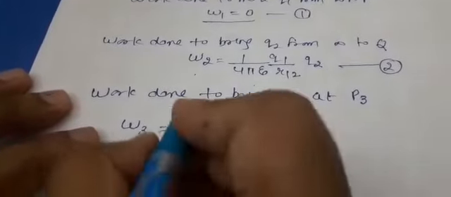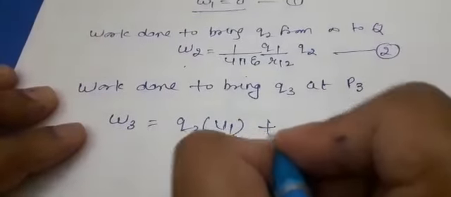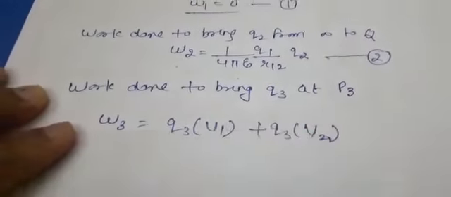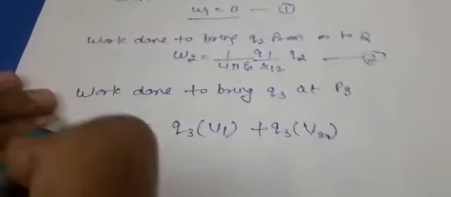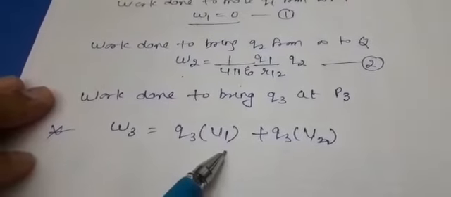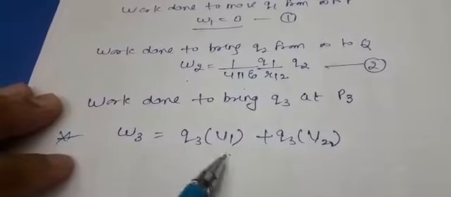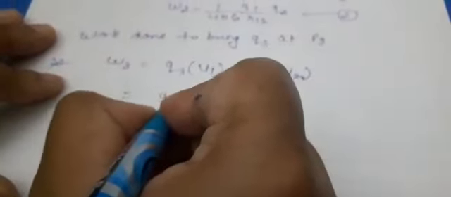Here, Q3 is coming in the potential region of the first charge as well as in the potential region of the second charge. This is the main point. It is under the influence of the first charge Q1 as well as the second charge, so the potential is due to both the charges. Now put the values. The potential is 1 by 4 pi epsilon naught, Q3 and Q1, the separation distance is R13, so it will be Q3 Q1 by R13